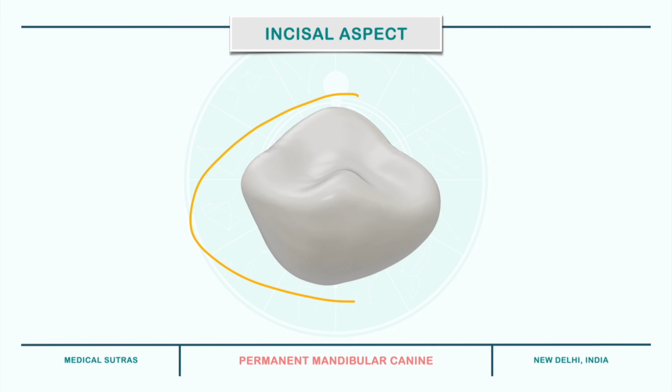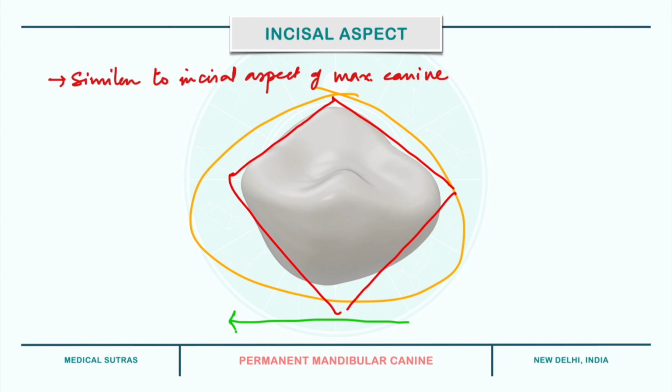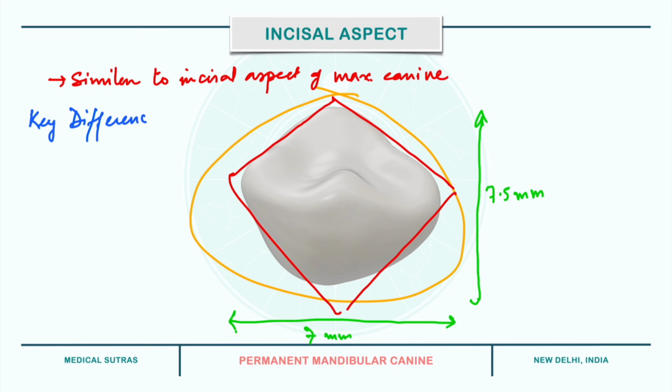The crown is oval in shape, or we can say it is diamond shaped, similar to the maxillary canine. It is similar to the incisal aspect of the permanent maxillary canine. For example, the mesiodistal dimension, which is around 7 mm, is slightly less than the labiolingual dimension, which is around 7.5 mm. The key differences between the incisal aspect of upper and lower canine include: number 1 is the mesial